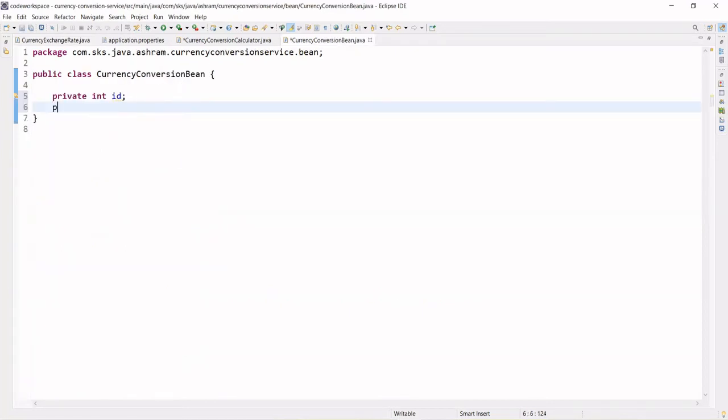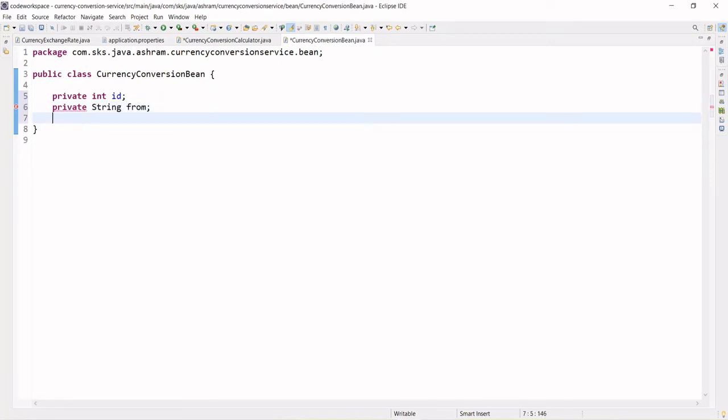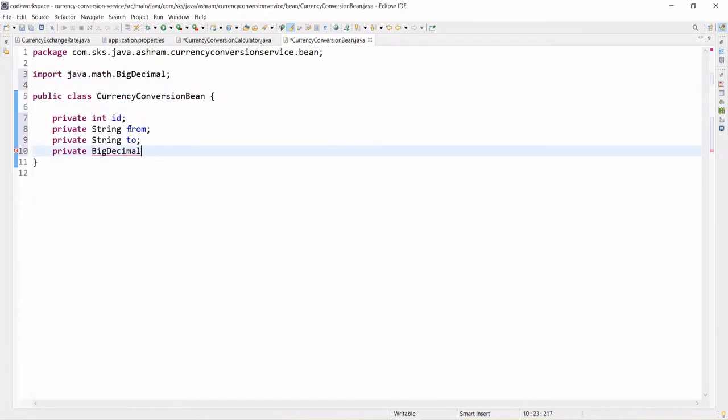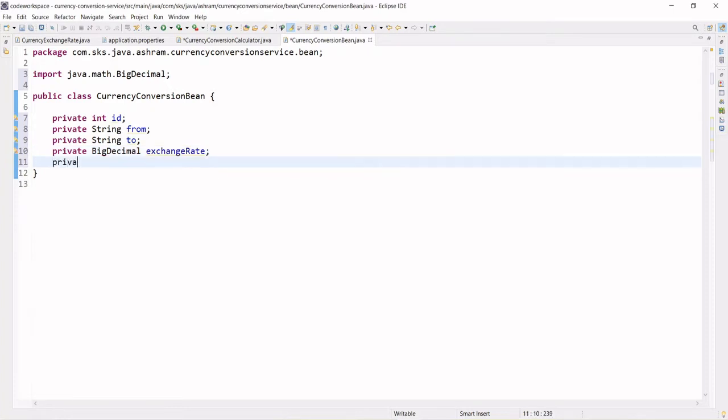So private int id, private String from currency, private String to currency, and here we can put private BigDecimal exchange rate, or currency rate, let's say put exchange rate.